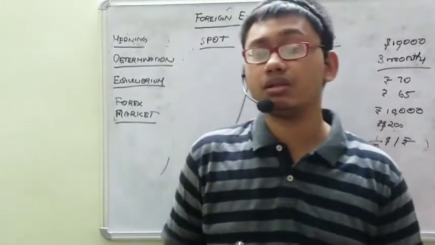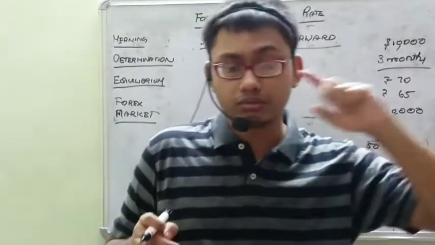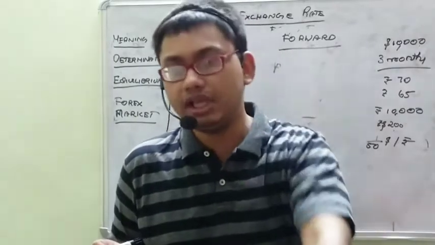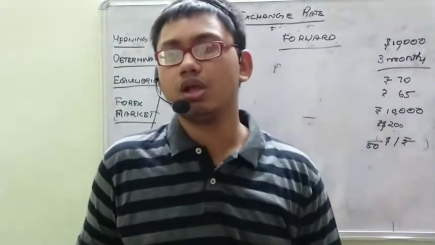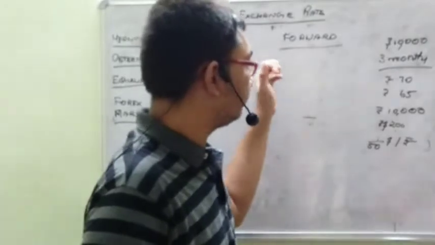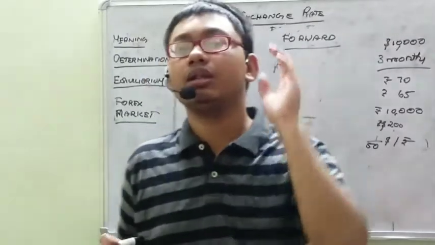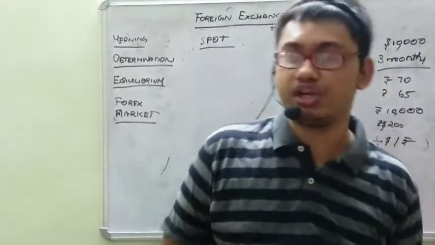But the problem is that just between you two it's not enough. It will be through the foreign exchange market. Some bank will agree to give you rupees 50 per dollar on that day. So this is the forward market. The transaction does not happen today. The agreement happens today, but the transaction takes place on some future date.